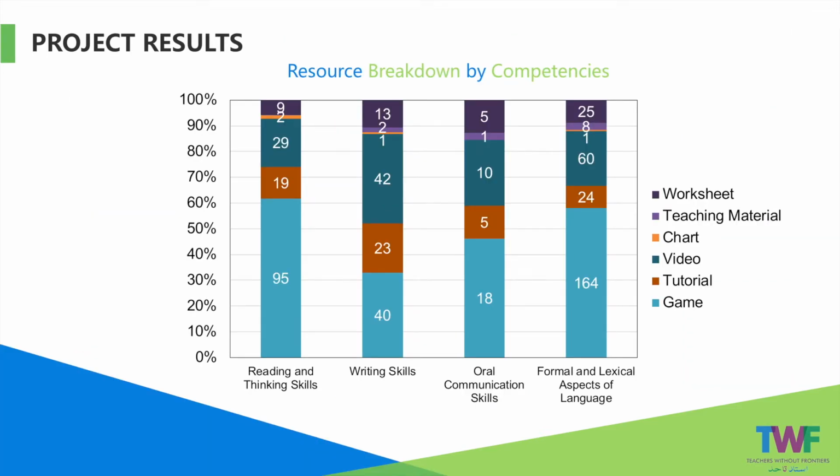An in-depth look at this issue is provided by this figure. It can be seen that for competencies of reading and thinking skills and formal and lexical aspects of English language, the team has been more successful to reach at least 60% of interactive resources, whereas for oral communication skills and writing skills, the goal could not be achieved. Teaching writing skills is by nature an interactive process, and this is reflected by the number of interactive resources available. Oral communication, on the other hand, is better taught using resources such as videos and audio, hence few games could